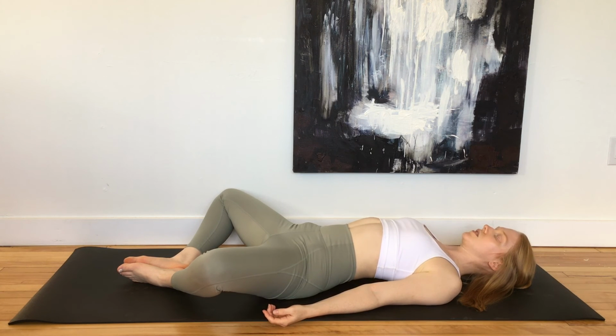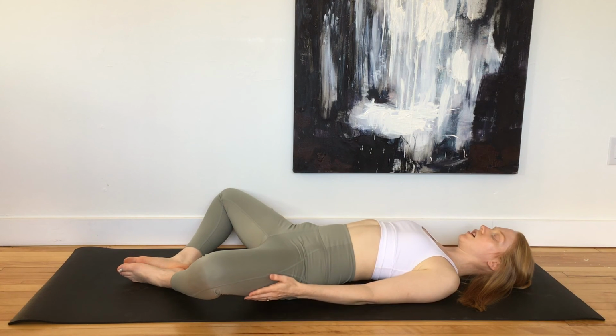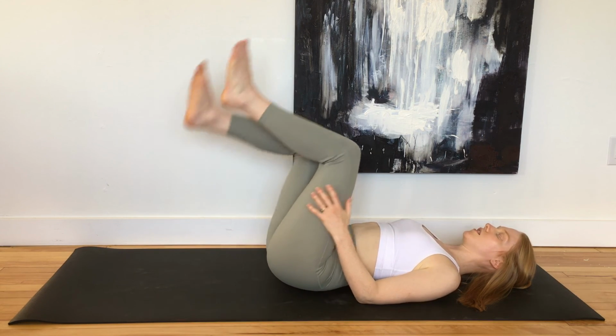You can rest your hands wherever feels good. You can draw your shoulders a little bit underneath you. Beautiful hip opener. Take a few breaths. Nice and gentle. And then when you're ready, you can bring your knees together, draw them into your chest, maybe give them a